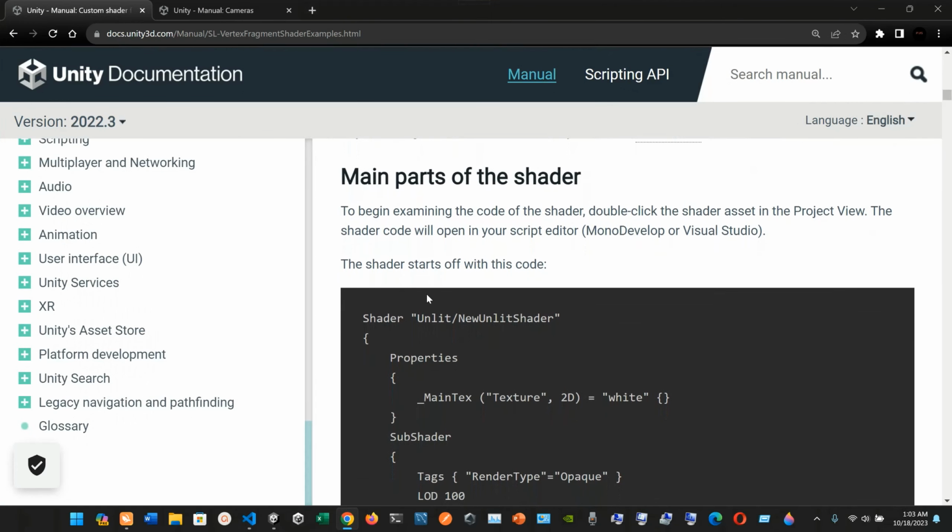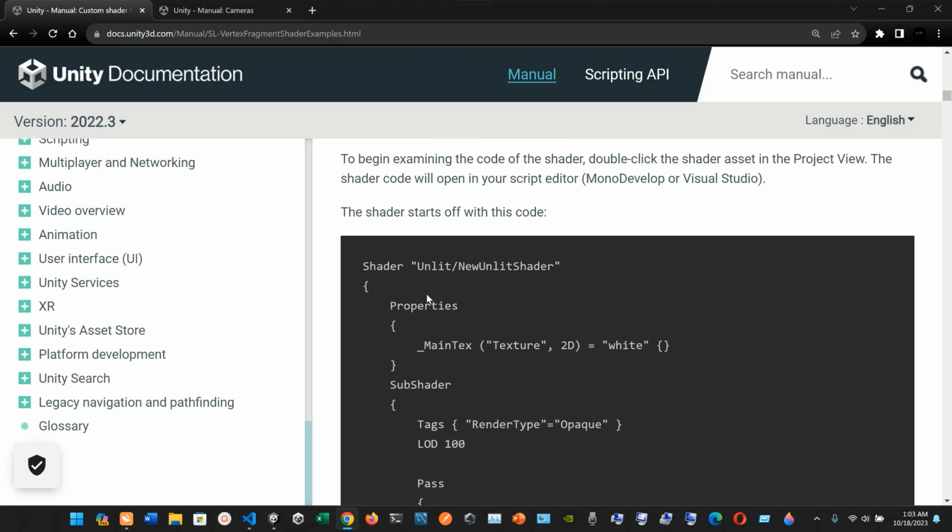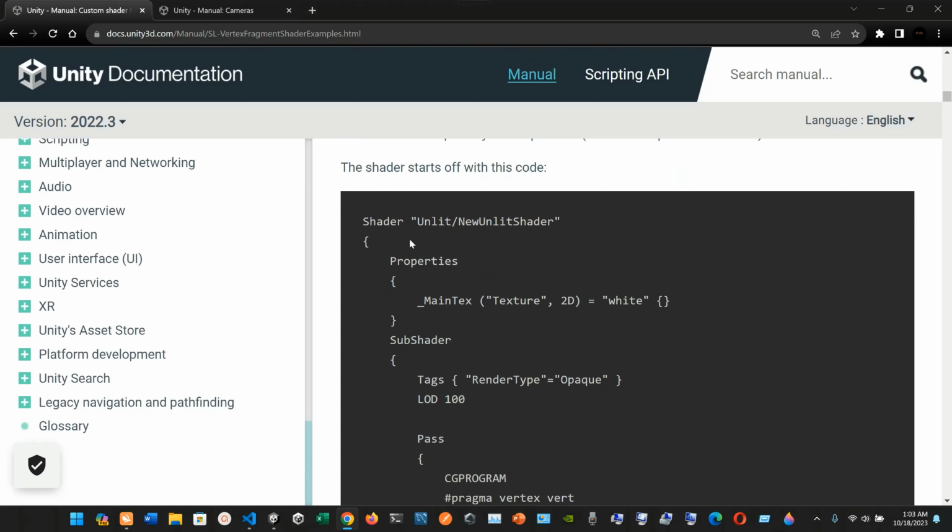To begin examining the code of the shader, double click on the shader asset in the project view. We already did that. The shader code will open in your script editor, MonoDevelop or Visual Studio Code. So this is the shader. It starts off with this code, so we already